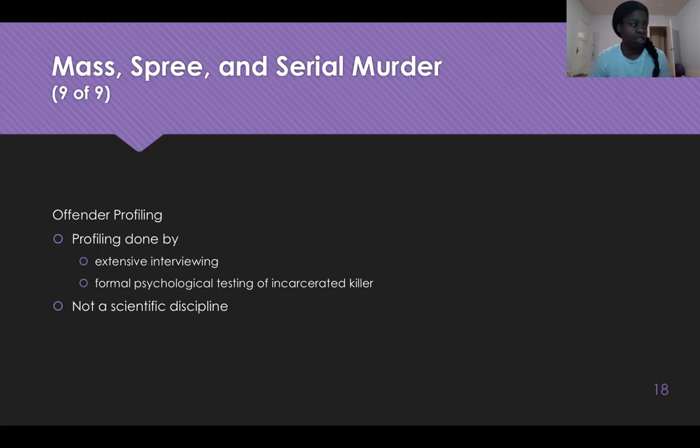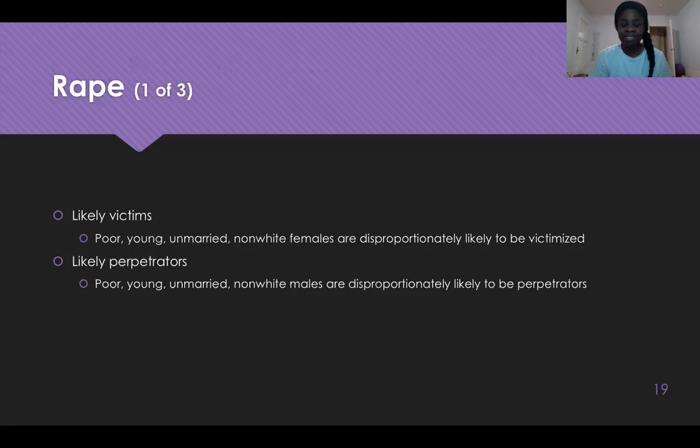Again, we're going into violent types of crime. I feel like I should have said trigger warning at the beginning of this lecture, but this is a trigger warning from myself as well as whoever is on the screen. So the next type of violent crime we go over is rape. So trigger warning, okay? So rape.